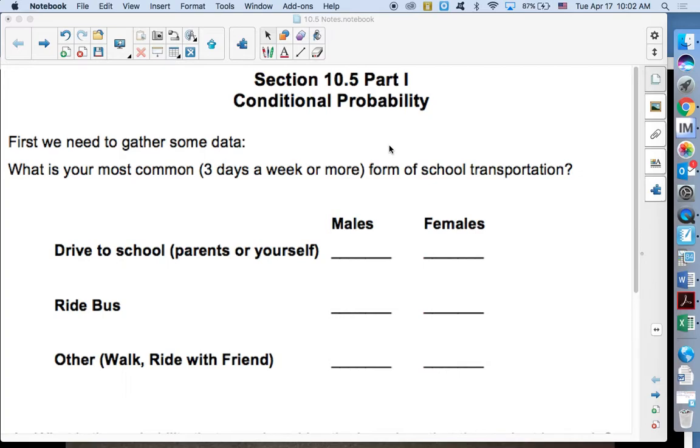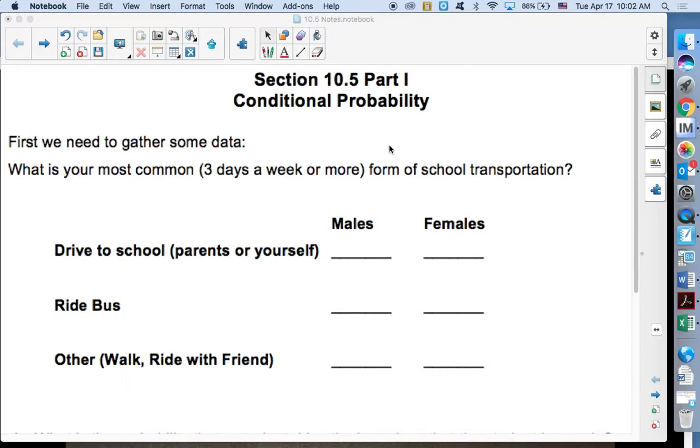So conditional probability, there's some kind of restriction given, or literally some type of condition, some specific case that we have to look at. A specification is given for the information that we're trying to gather. And most of them are done off of charts. So there's a lot of probability that we can do when you're given a survey or a chart of data. And in this case, it says, what is your most common, 3 days a week or more, form of school transportation? And today there are 26 of us,